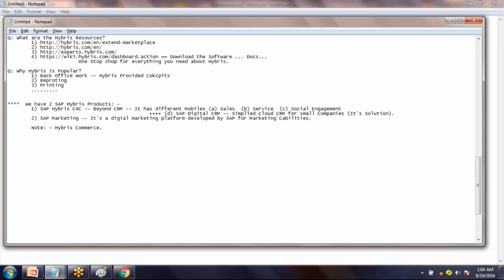So what are the marketing capabilities? Campaign planning, budgeting, multi-channel execution, reports, analysis. All these are marketing capabilities. To do all these things, you can use this product. If you want to do a campaign about a product, an analysis about the product, budgeting about the product, or some segmentation, all these things are part of marketing. If you want to do all those things, then you can use this product.